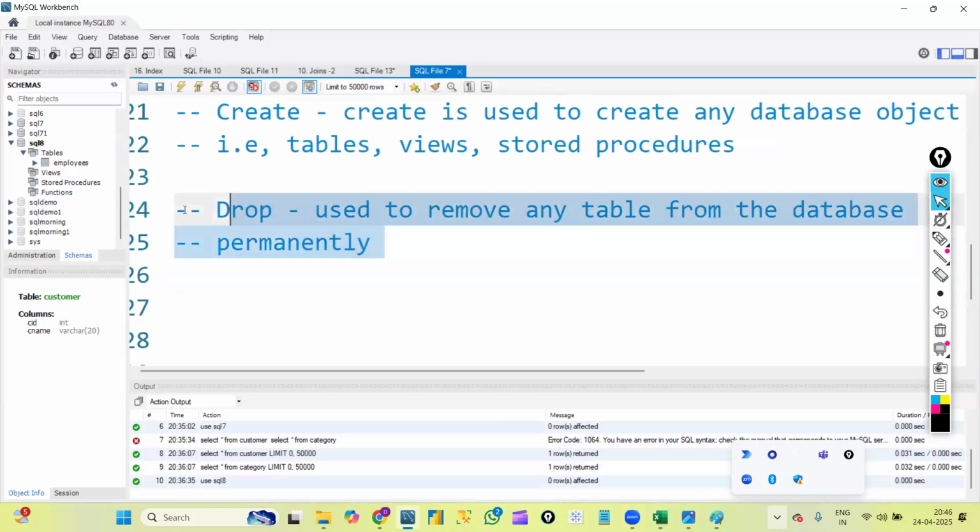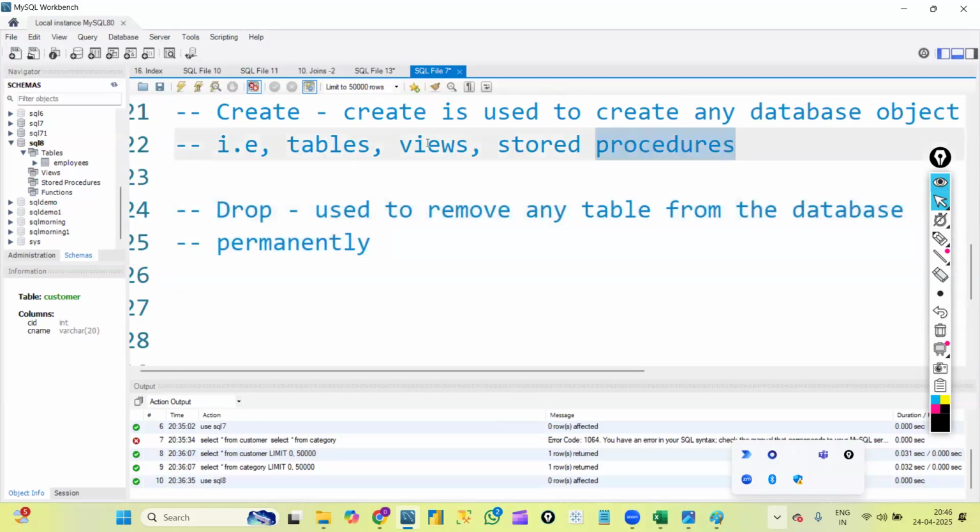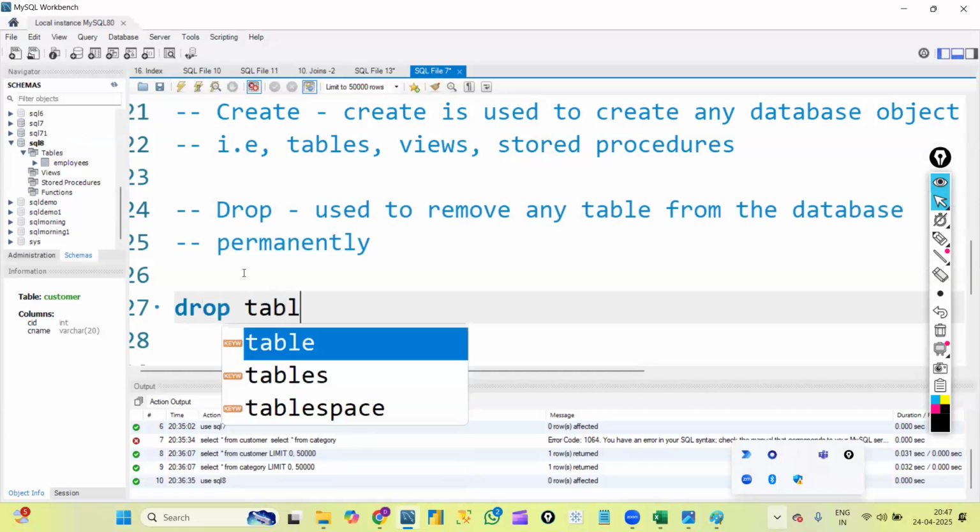Okay, if we want to remove anything permanently, it can be a table, it can be procedures, it can be views, even it can be databases itself. Suppose I created a database. Now if I don't want this database, to remove the database also we will use the drop command only. To remove the tables also we will use the drop command, like that. Basically, whenever we want to remove something permanently, we will use the drop command. Okay, and the syntax will be drop table